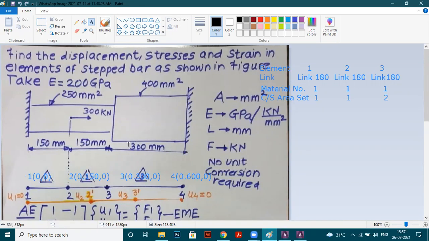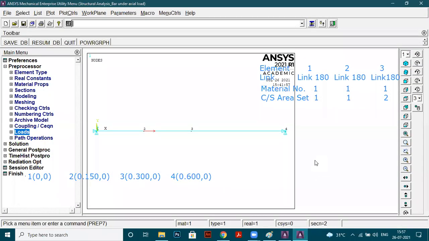This 150, 300 we used while forming the nodes. This 300 kilonewton we just applied. This fixed, that is displacement at node 1 and node 4, we made 0. So now everything has been entered.